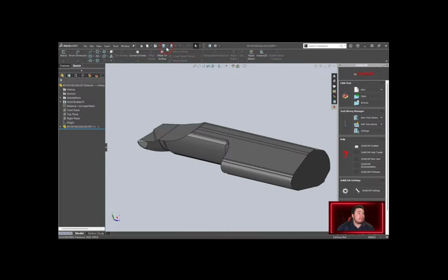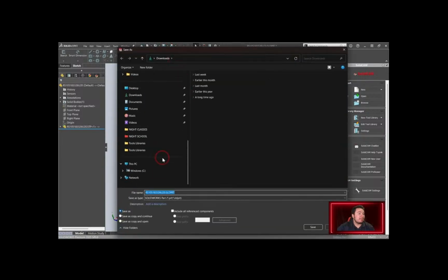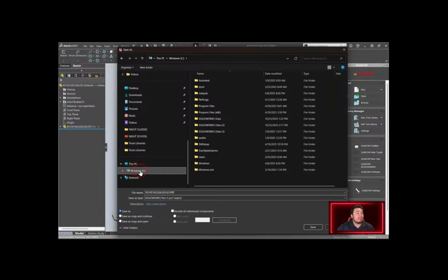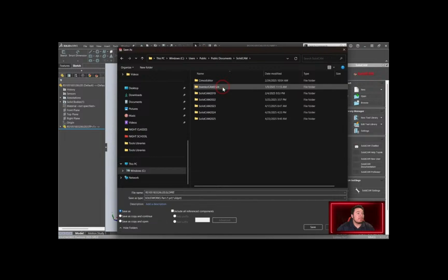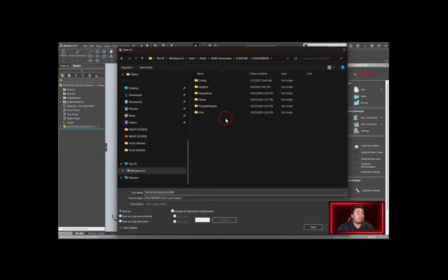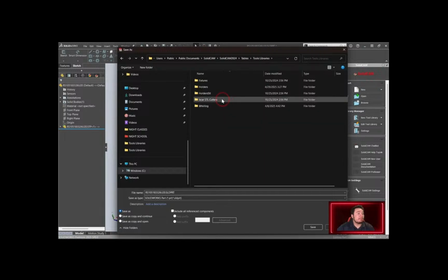Go ahead and select Save As. Now I'm going to drop this in the file directory that we save our toolkits in as well, just to keep everything organized. I'm going to select the Windows C drive, Users, Public, Public Documents, SolidCAM, and then whatever version you're using. We're going to be using SolidCAM 2024 for this. And then I'm going to select Tables, Tool Libraries,